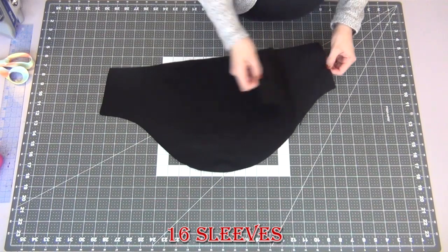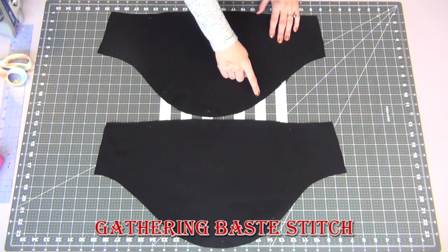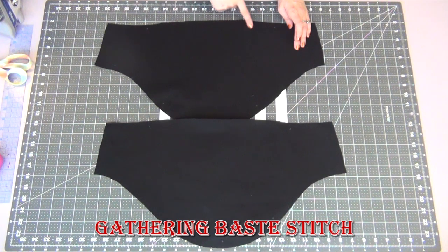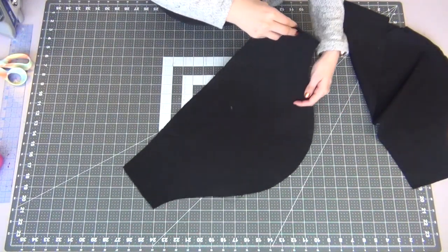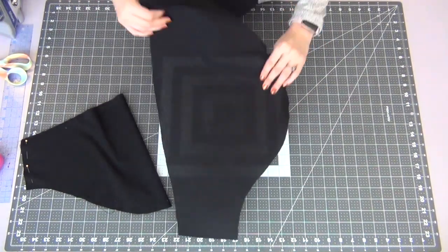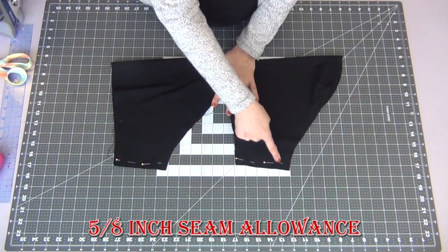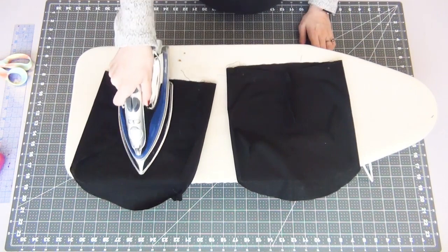Grabbing our two sleeve pieces next, open them so that they are right sides up, and you're gonna once again do the 2 gathering base stitches like we did on the ruffle between the top 3 dots and the bottom 2 dots on each sleeve. Take your sleeve and fold it right sides together, matching and pinning the short edge. Sew the short edge with the 5/8 inch seam allowance. Iron open both of the seam allowances,